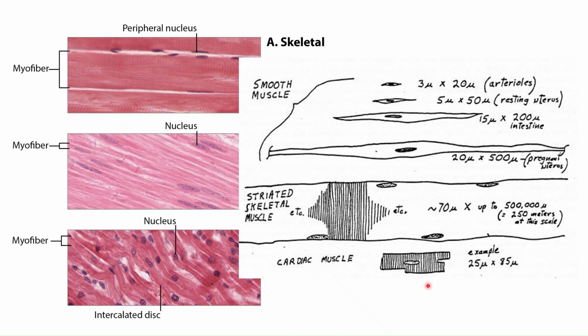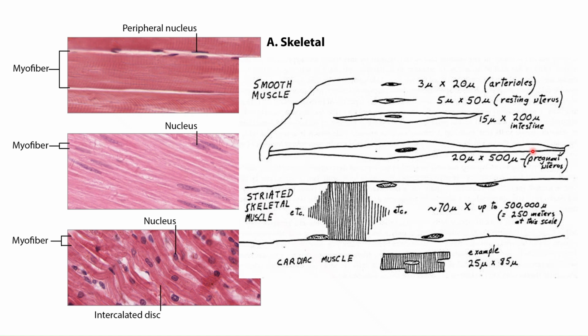And then in comparison, the cardiac muscle is shorter and quite smaller in diameter as compared with your skeletal muscle tissue. As for the smooth muscle tissue, it can be very small, as in areas of the body that need the support or contraction of smooth muscle tissue, such as your arterioles or the very small arteries. And then, for example, in the intestines, it can be a little bit bigger. And finally, in the walls of the uterus, especially if the uterus is pregnant, then you would have extremely long and larger versions of your smooth muscle tissue.